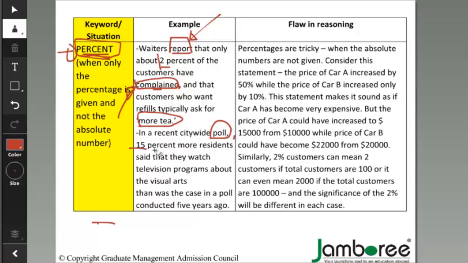Now again, 15%, when 15% 5 years ago, right? So let's say in 2010, let's say the population was 100, so let's just work with numbers, and maybe 10 people, 100, maybe 10 people complained, right? And in 2015, let's say,